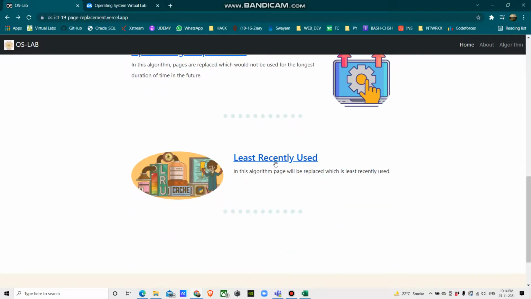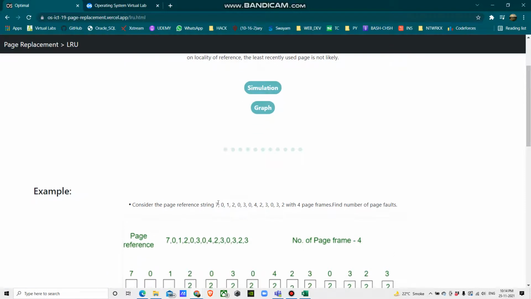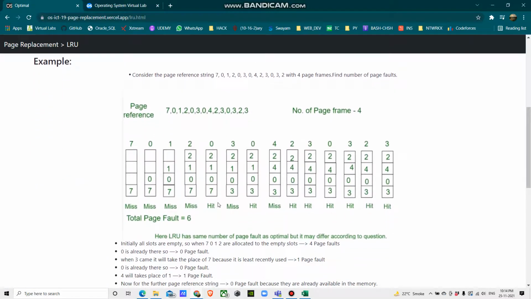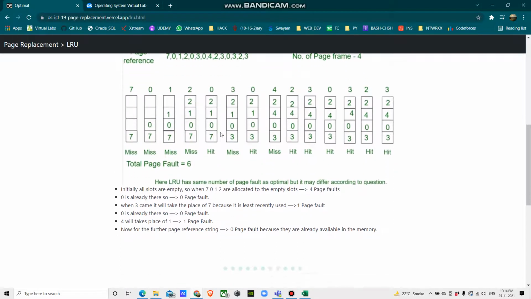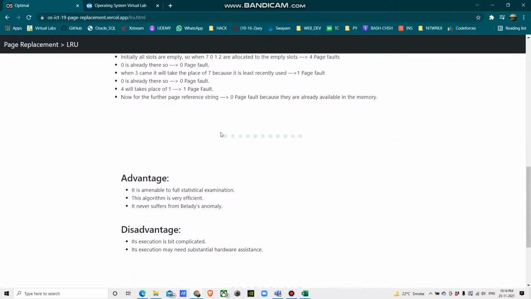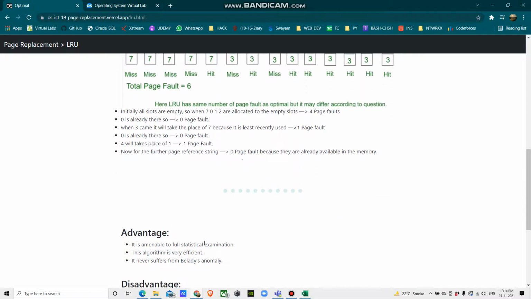Then in least recently used, the explanation of that part and the algorithm is given. The explanation and the example, advantages and disadvantages are also given. Here the advantage is that it never suffers from Belady's anomaly.